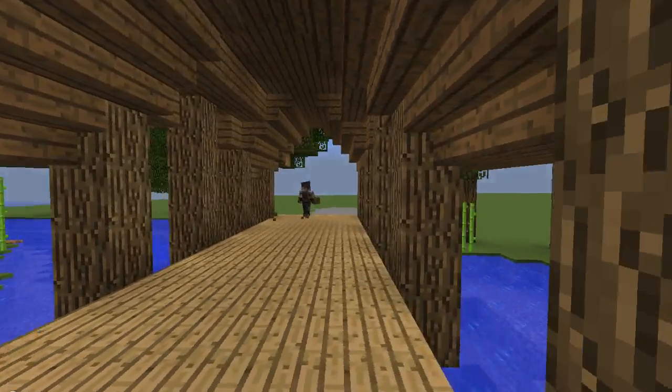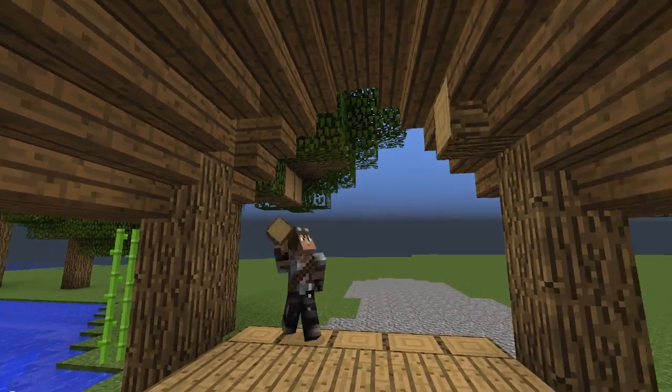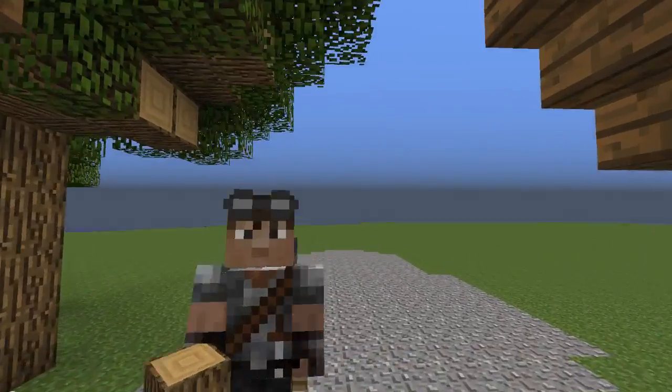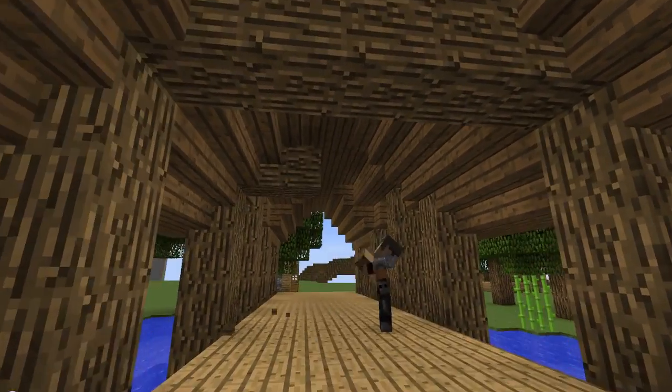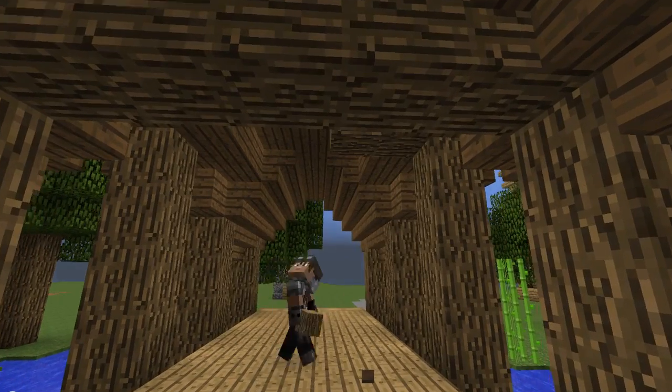So the first thing we're going to do is wherever the logs are, we're going to take out the stair right above the log, and we're going to put a sideways log like so. Nice. And we'll do this for every log in the place, and this does go for the center one,